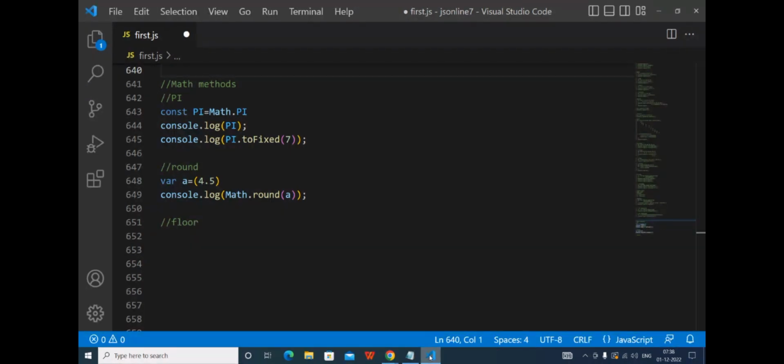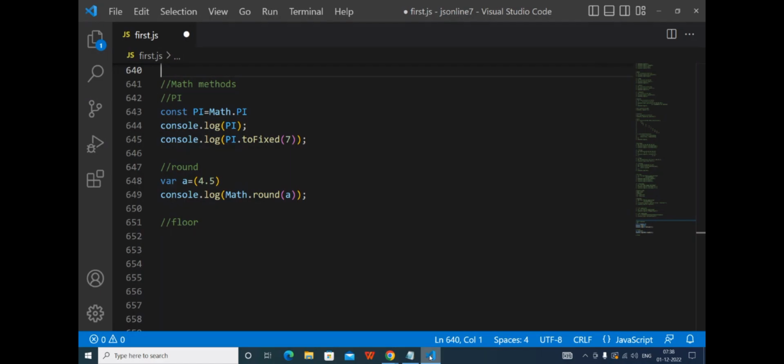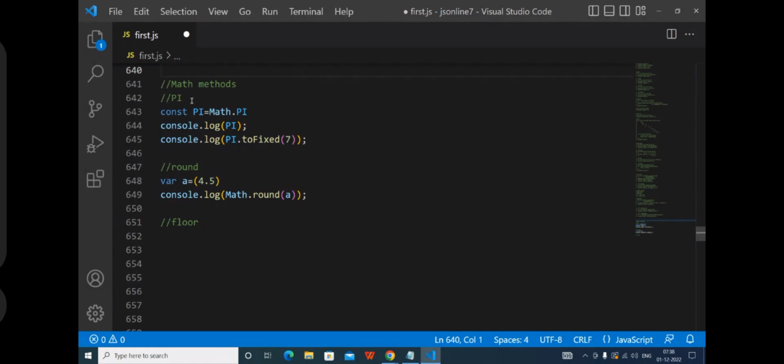Okay, some of you are asking to explain the Math method. See, the Math method is used to do mathematical operations. The first one is pi. With respect to this, the pi value is constant always. It is not varying, so I can use a const variable. const pi, where pi is a variable name,